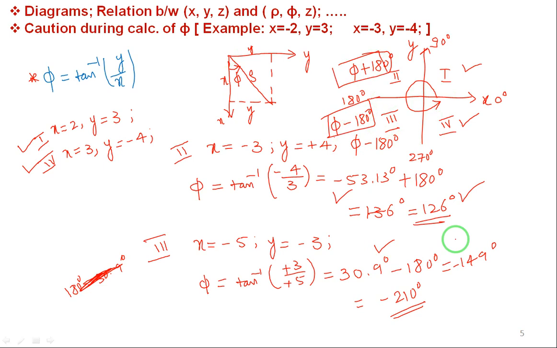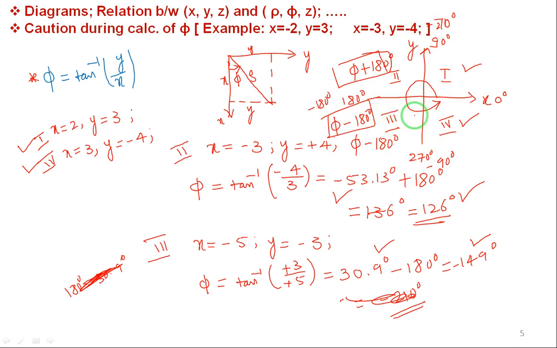But minus 149 is correct, but let me check it 1 minute. Okay, minus 149 is correct, but I have to measure the angle like this here. I have measured the angle in anti-clockwise direction right here. So now I should measure the angle in clockwise direction. 0 degree, minus 90 degree, minus 180 degree, minus 270 degree. Okay, minus 149, where it comes, minus 90 to minus 180, it is correct now? Yes, minus 90 to minus 180, it's correct.